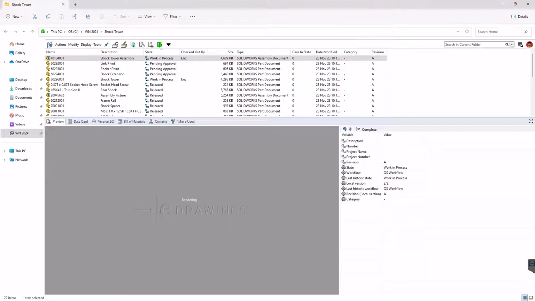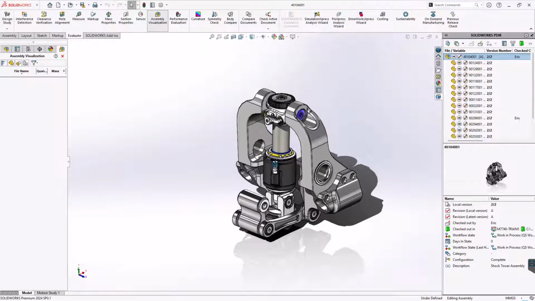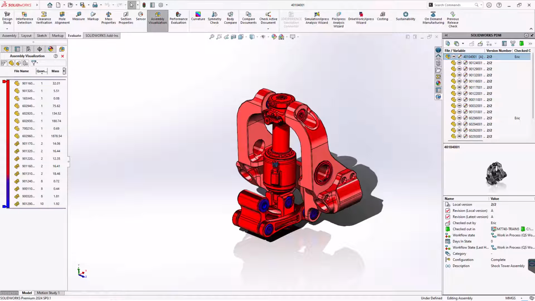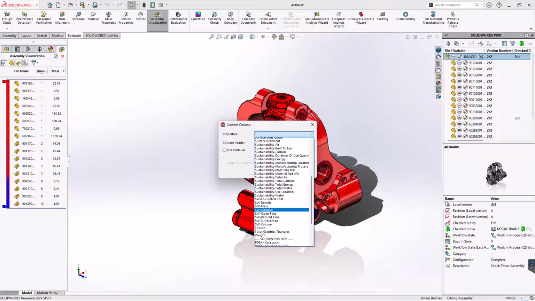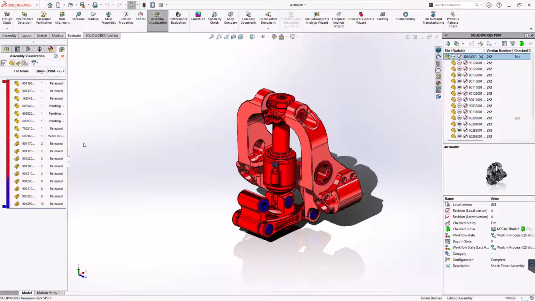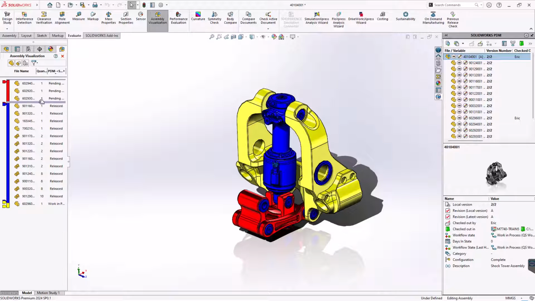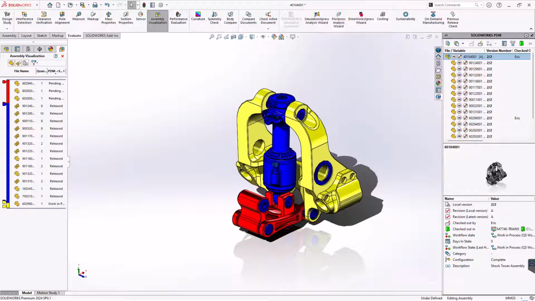Now those files have been returned to the work in progress state, we're going to open them up in SOLIDWORKS. Assembly visualization has been in SOLIDWORKS for a while and is a really good tool for showing what's going on with files in a really visual way. New in 2024 is the ability to link assembly visualization to PDM properties, either PDM environmental properties or properties that have been shared specifically for this purpose. These properties don't have to be shared with the files themselves, don't have to be mapped across, which makes it even better. As always, we can save this as a display state,